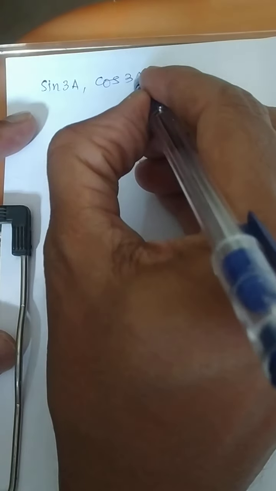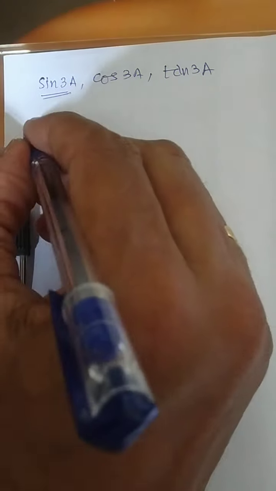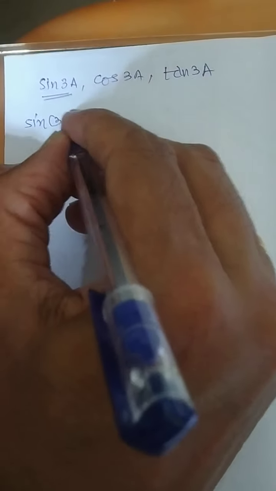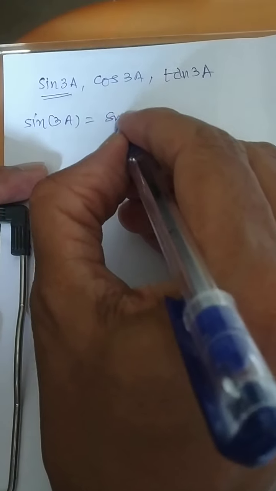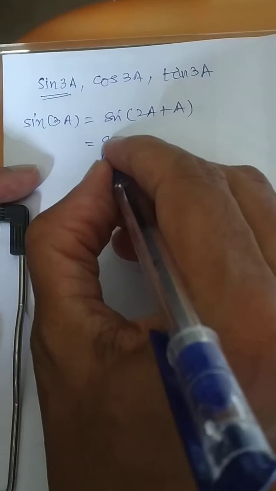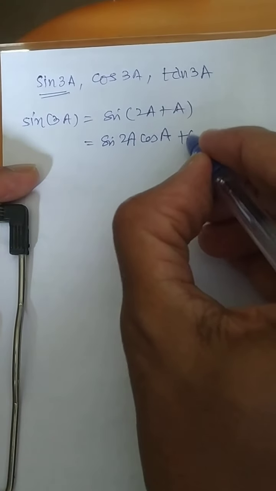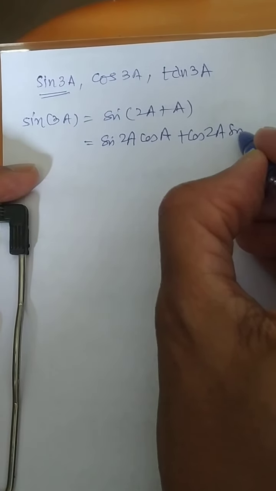Now I am explaining how to get the formula for sin 3a, cos 3a and tan 3a. These three remarks I am explaining. Let me explain first. I want the sin answer in purely sin form, the cos answer in cos, and the tan answer in tan. So sin of 3a, suppose I want this formula, then I can write sin of 2a plus a and use sin of a plus b: sin first cos second, plus cos first sin second.